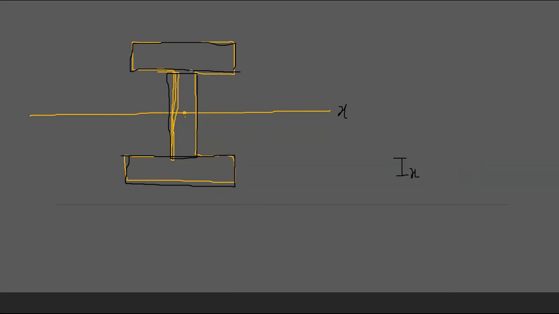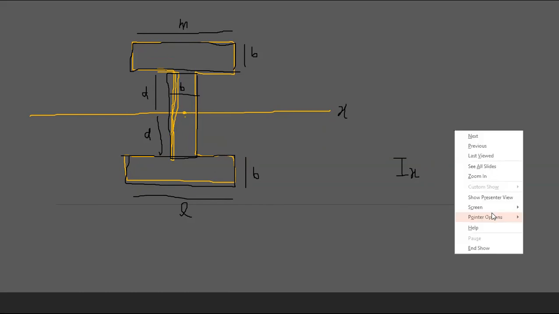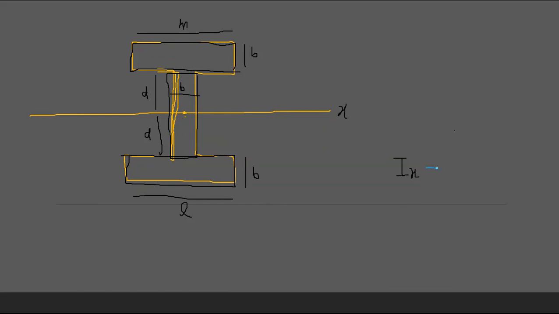So let's say this is D and D, this is L, this is B, this is B, this is M, and this is B. Since these are rectangles, now you can take three areas, three rectangles. So Ix can be written as